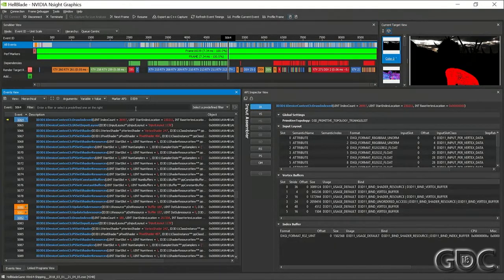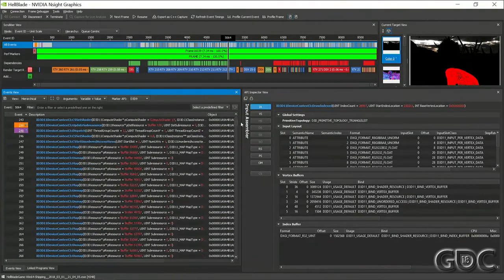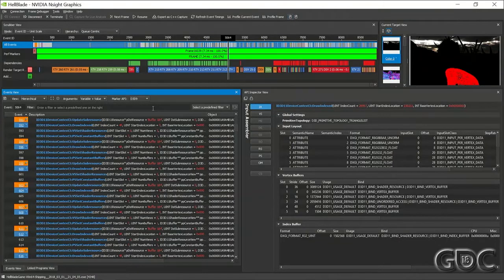The events view is really powerful because this is like your connection to your engine, right? You've got all this code in mind. You made all these different state settings and bindings and draw calls and dispatches, and this is the connection to your code. So it allows you to say, okay, what does my trace look like across the entire scene? And you can look for anomalies. Let me give you an example. I'm going to say PS set shader